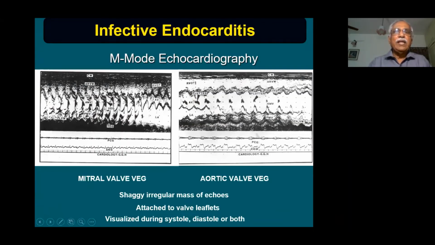This is the echocardiogram of a patient with mitral valve endocarditis. You can see dense echoes over the anterior mitral leaflet and the posterior mitral leaflet. Here you can see the posterior mitral leaflet is moving anteriorly during early diastole, indicating that the posterior mitral leaflet is flail. This is a patient with aortic valve endocarditis. You can see the masses over the aortic valve protruding into the left ventricular outflow tract and present in front of the mitral valve. So these are the echocardiograms of a patient with mitral valve endocarditis and aortic valve endocarditis.